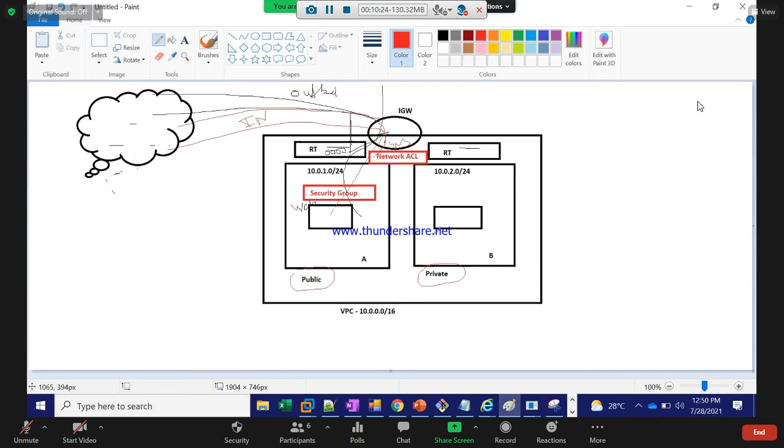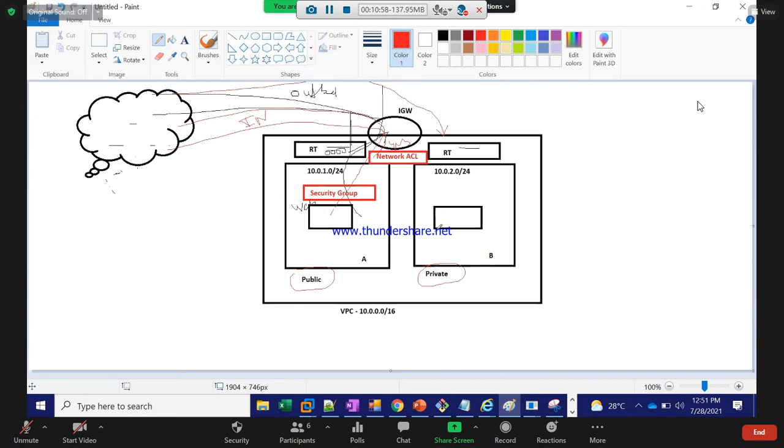Let's say our Active Directory servers, our internal authentication server, our database. These servers will be in the private availability zone. For this you don't require an inbound connection. Why? Because we don't want anyone to come from the internet and access our Active Directory server, right? But still, this private server requires internet access.